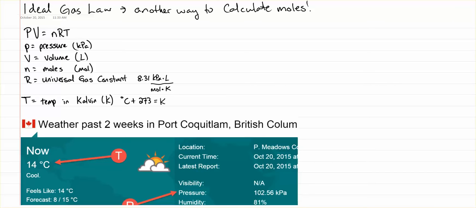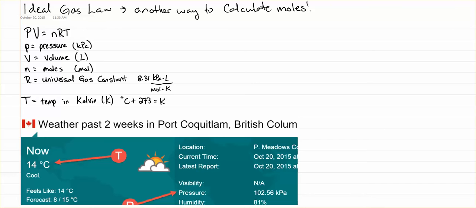Today we're going to look at the ideal gas law, which is another way of calculating moles. We can use the ideal gas law when we're not given specific ranges like STP or SATP, but something that is a little bit more out of the norm. So we're going to do two things with this lesson. First, we're just going to go through a simple PV equals nRT question, and then we're going to use a